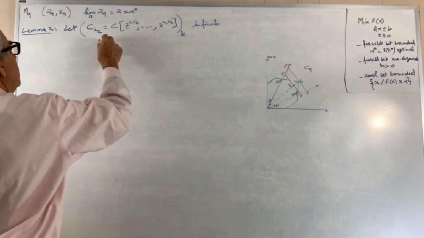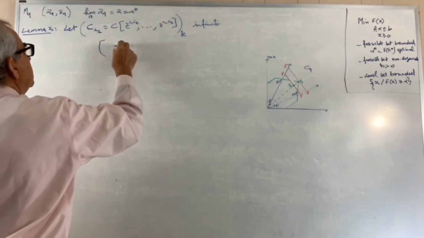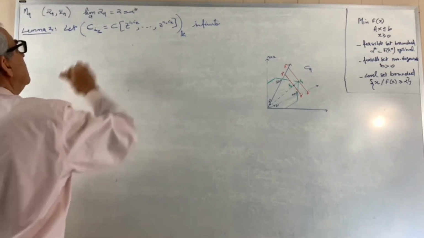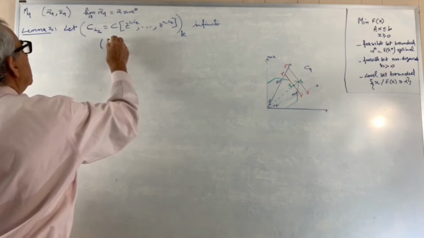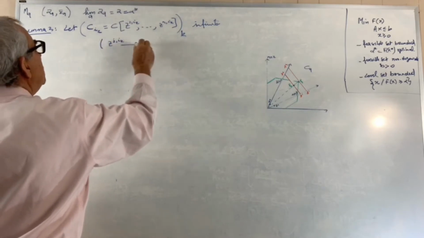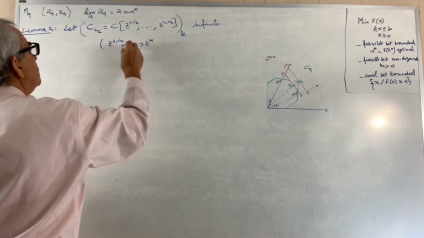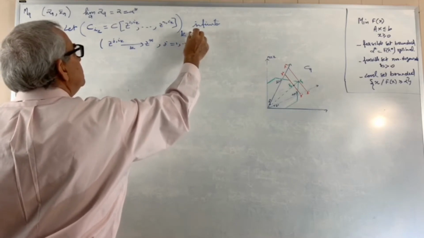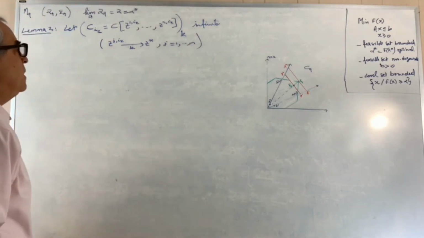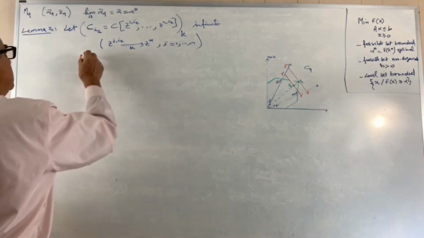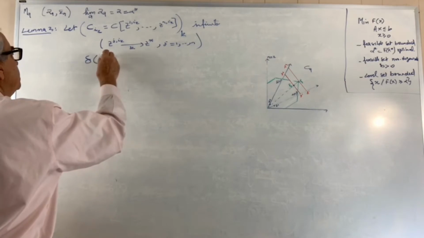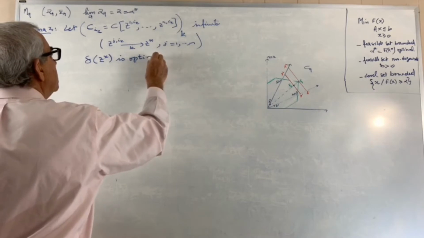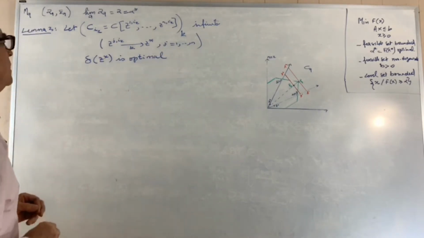So lemma: z_i^k, z_j^ik, they all converge to some z star, with k, and this is j equal 1 till n. Now, this theorem says that delta of z star is optimal. Okay. So the proof,